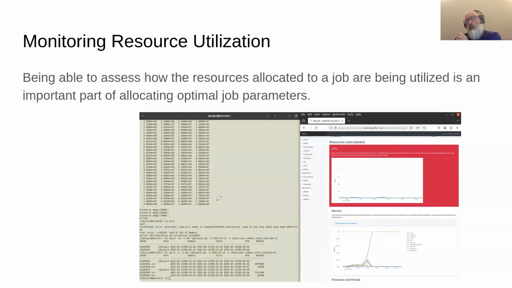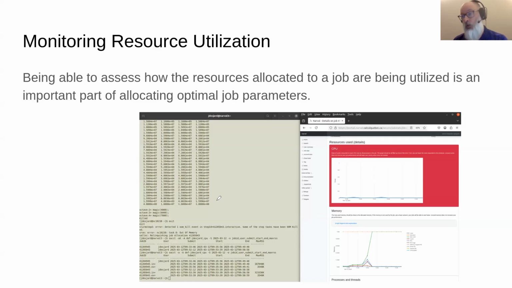And then the last thing that we look at, this is just sort of a quick preview of this, is beyond how the resources are consumed or what an account is billed, it's important to be able to look at how utilization is actually happening within the job. So you get a number of resources that get allocated so that your procedures can run in there, but the actual amount of resources that are actually used by the process is very important for researchers to be able to find,